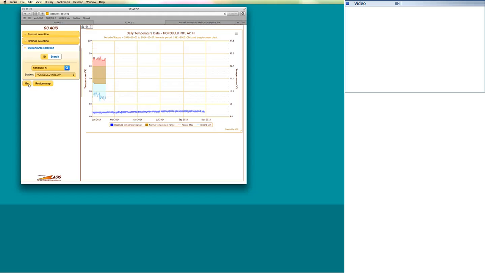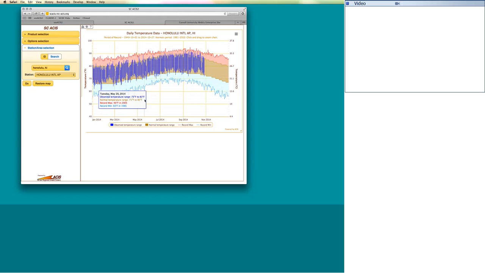So this graph shows the blue line, which is the actual temperatures for each day, the max and min. The brown line is giving us the normal temperature range. The red is the max, and the blue is the min, and those are the record max and min. Same as the accumulation graph. When you hover your mouse, a little box pops up with whatever date you're on, the actuals and the